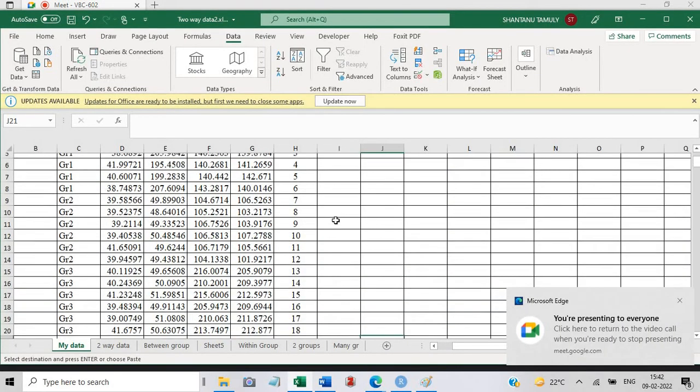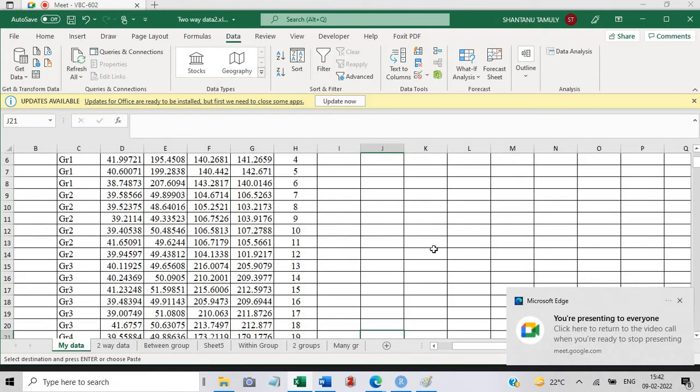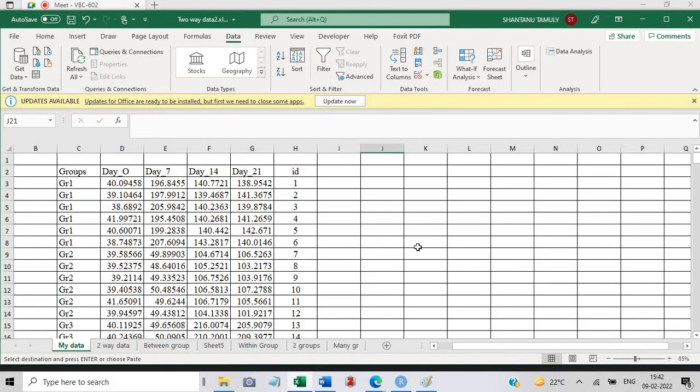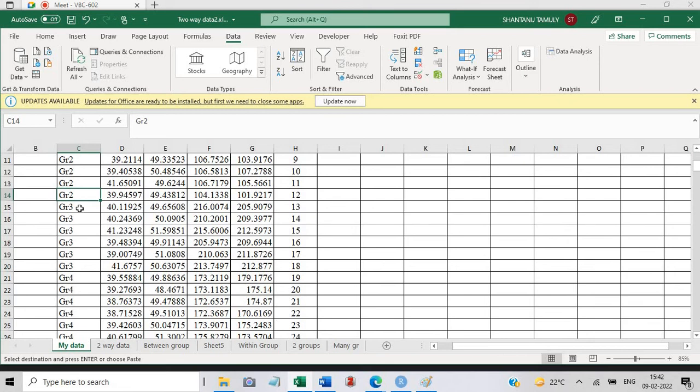This is the data for the two-way mixed ANOVA. First of all, we will have to carry out the two-way mixed ANOVA. These are the names of the groups: this is group 1, group 2, group 3, group 4.